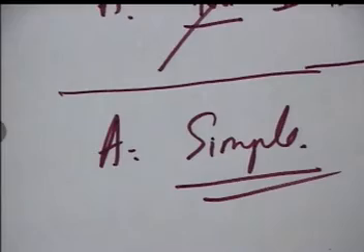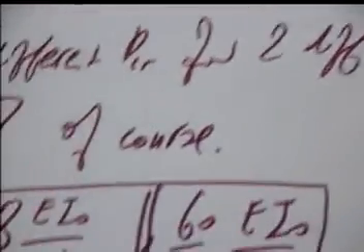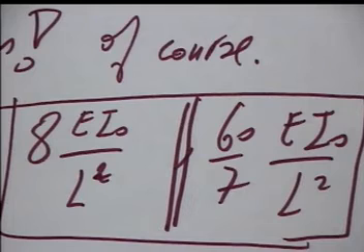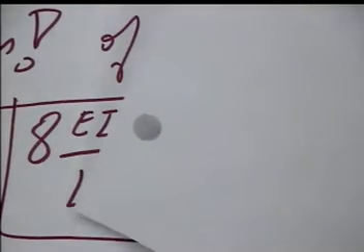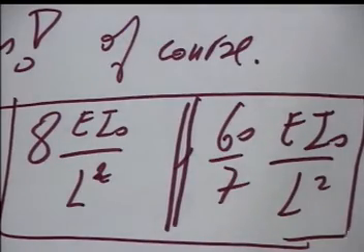Okay, she said that they are simple because we have to know material, moment of inertia, and length. But we understand that, look, there is nothing else to know, because when we wrote differential equations, there was E, there was I0, there is L. There is no possibility to get anything else as an answer. E, I0, and L should be appearing in any solution. So she says that it is simple, but